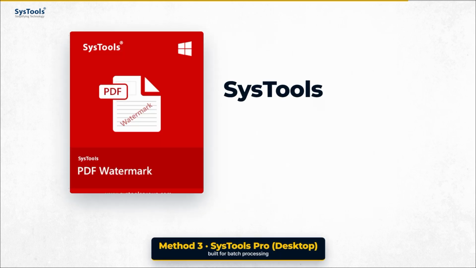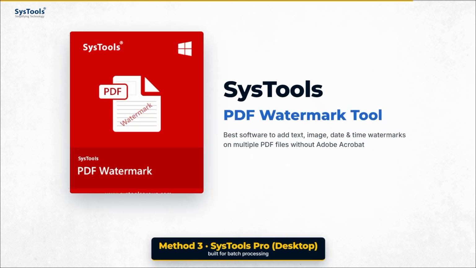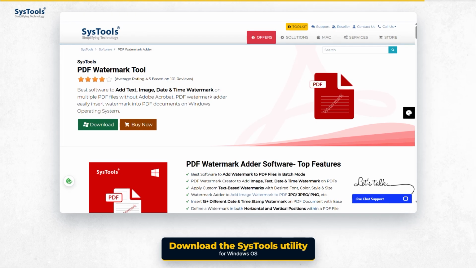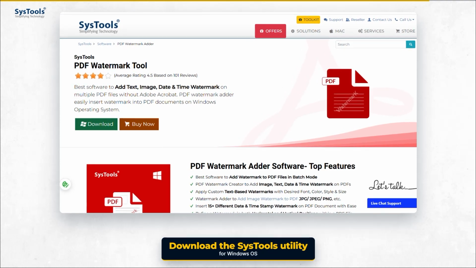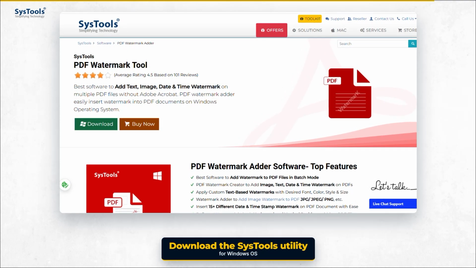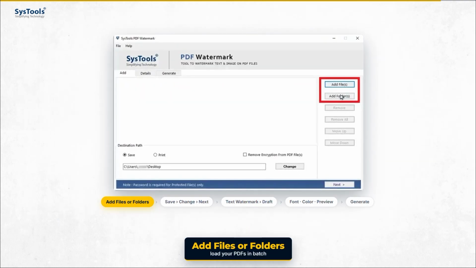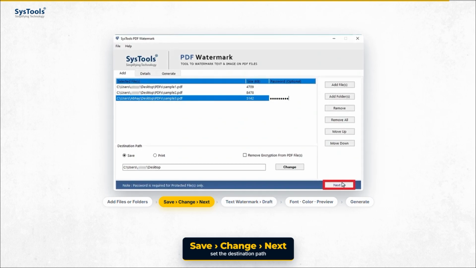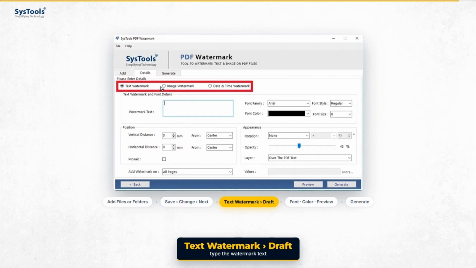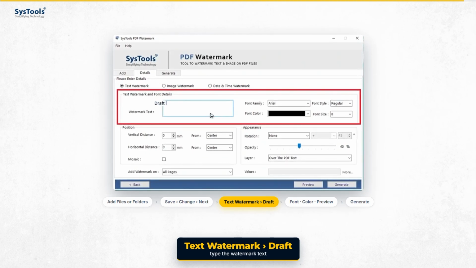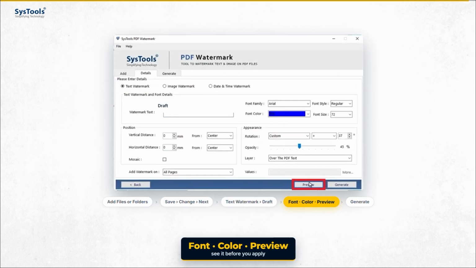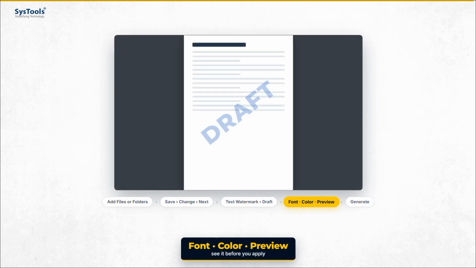Method 3 is the SysTools Pro software, a dedicated desktop solution for Windows, built for batch mode. Here's the guide. Start by downloading the SysTools utility on your Windows machine. Then use Add Files or Folders to upload the required PDFs. Click Save, then change to Add the file location, and click Next. Under the Text Watermark section, manually type the word draft. After this, adjust the font, position, appearance, and color, then preview